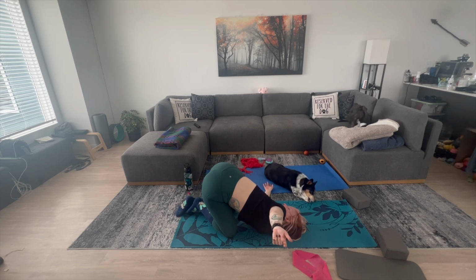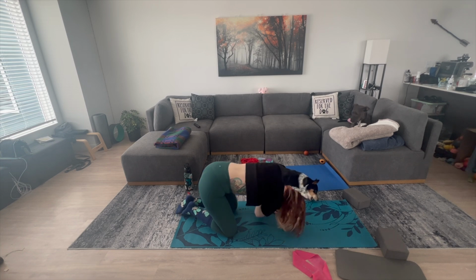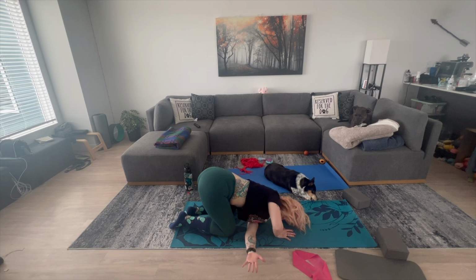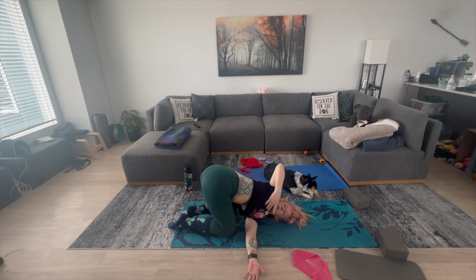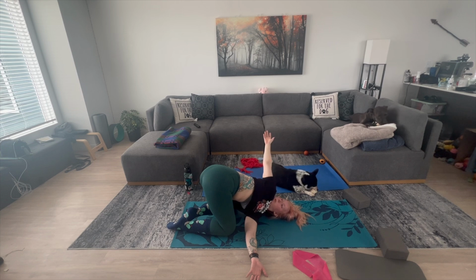Hold for 5, 4, 3, 2, 1. Slowly replace the hand back to the floor. Push off the ground as you replace the other and go to the opposite side. Thread that arm through, push that floor away to help twist that torso, or you can open that top arm up and push it towards the back. Really twisting through that torso